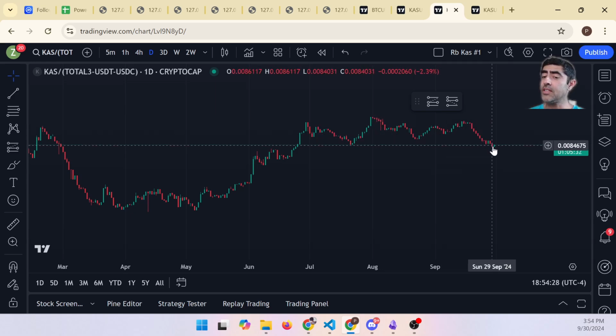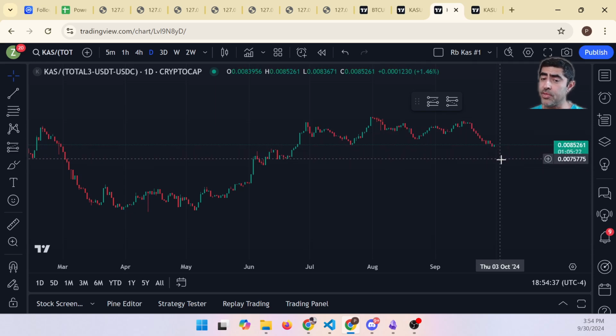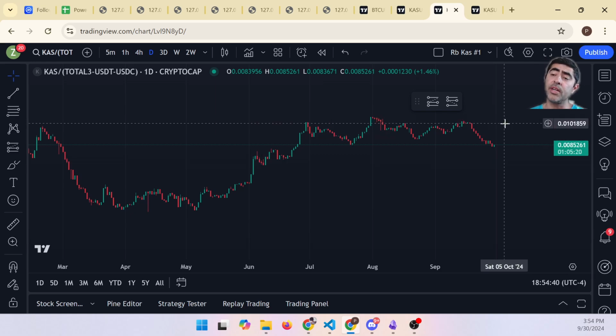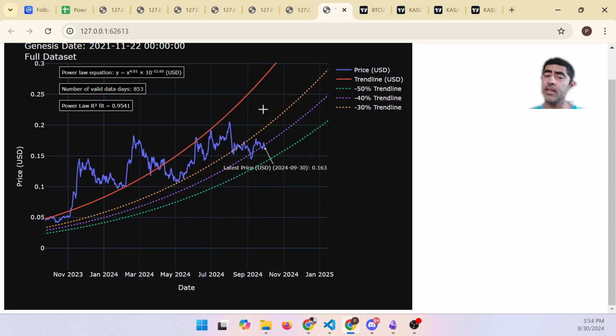So Kaspa has been underperforming the rest of the altcoin market for about the last two or three weeks. So could it go down further? Absolutely. But it could also reverse at this point. And I don't know what will happen in the short term, but I do have this mathematical trend line, and it tells me that now is a good time to buy. And that really is the purpose of this experiment, right? To share with you how we can use the power law to not just buy one asset, but also shift between the two assets of Bitcoin and Kaspa. So that's kind of where we are at this point.